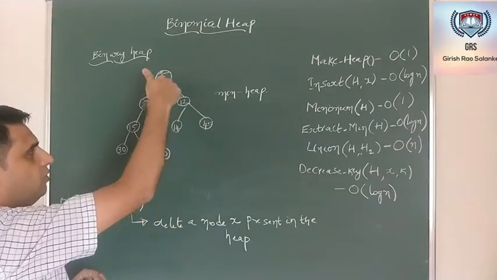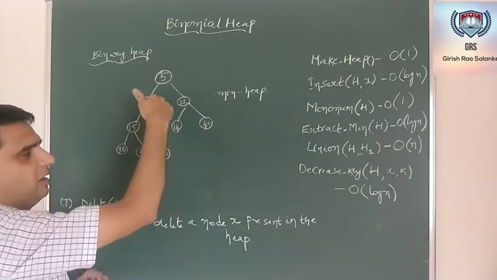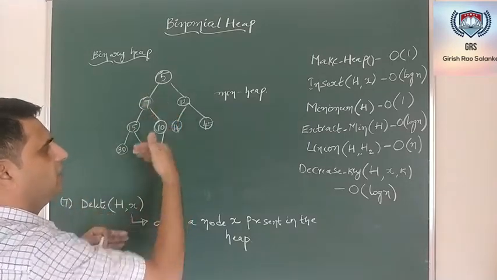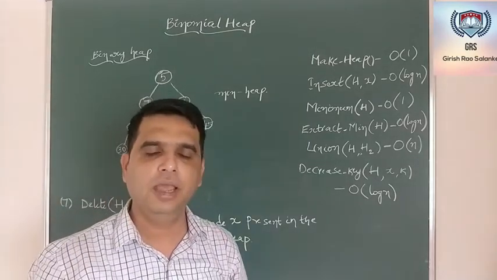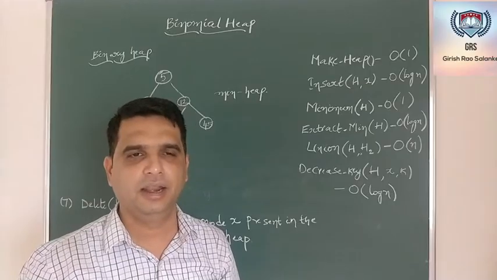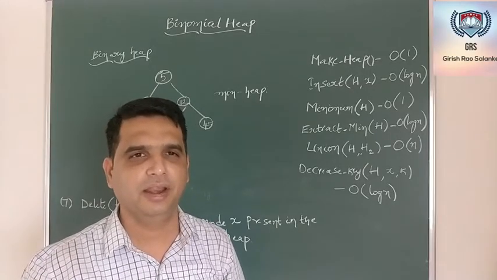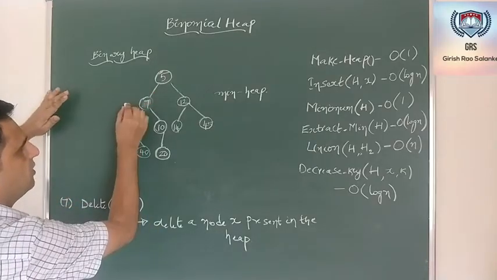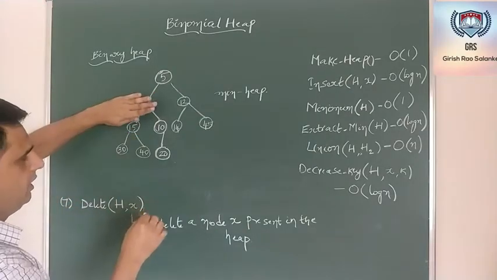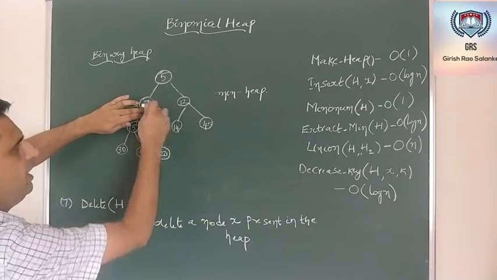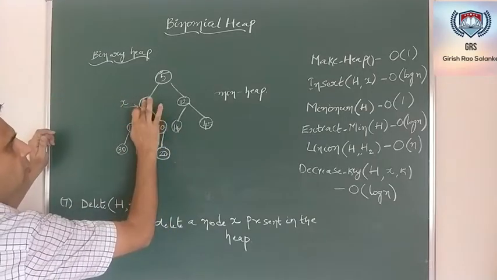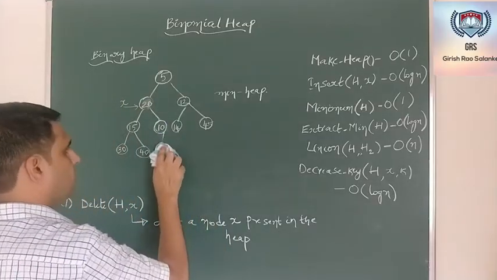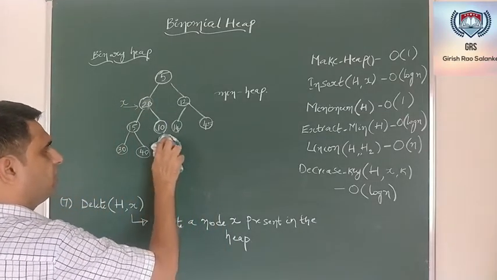So the maximum number of comparisons, or the maximum number of changes that I do in case of a binary heap, depends upon the height of the binary tree. One thing that I can do is, if I want to delete X, and this is my X, then in place of X, copy the last element. So I will copy 20 here, and there will be a duplicate. I will remove this. This takes a constant time.